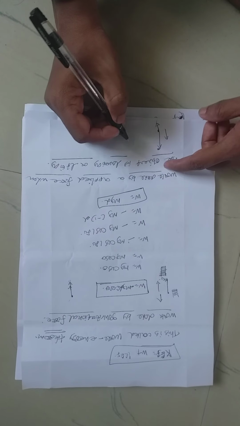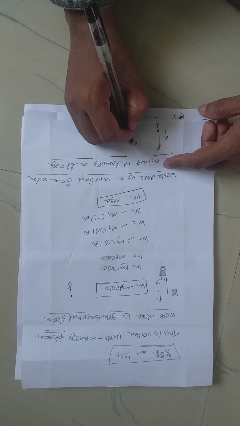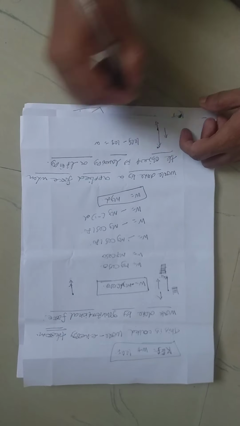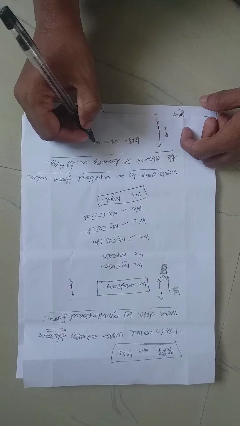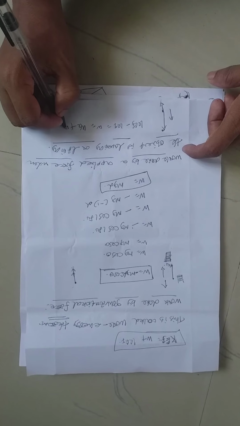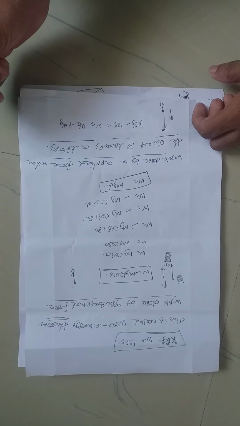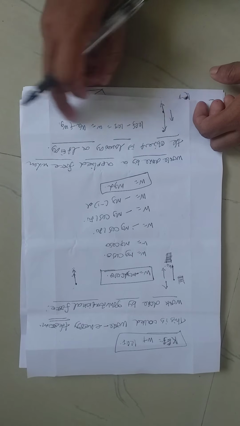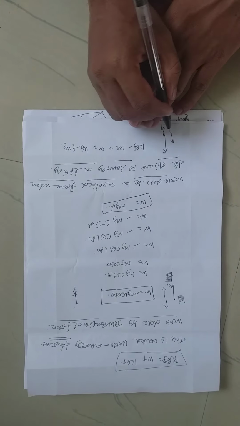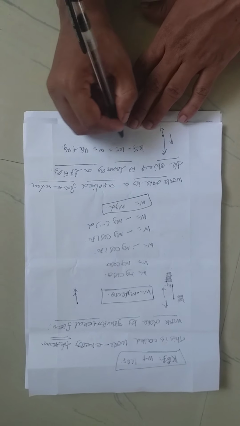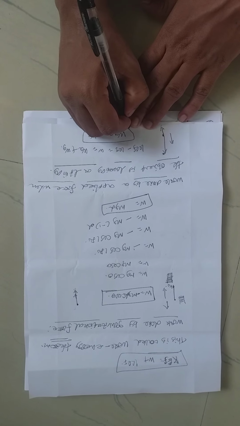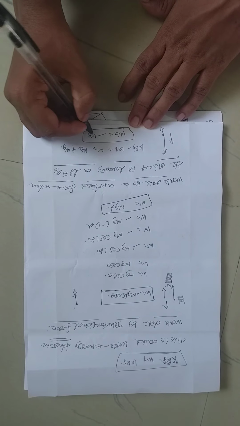So we have already known the kinetic energy theorem: the change in kinetic energy, final kinetic minus initial kinetic energy, is equal to the total work done. So what is the total work? It is the work done by the applied force plus the work done by the gravitational force, which is equal to the change in kinetic energy. Since the initial kinetic energy is equal to the final kinetic energy, we can say WA is equal to minus WG. So the work done by the applied force is equal to the negative of the work done by the gravitational force.